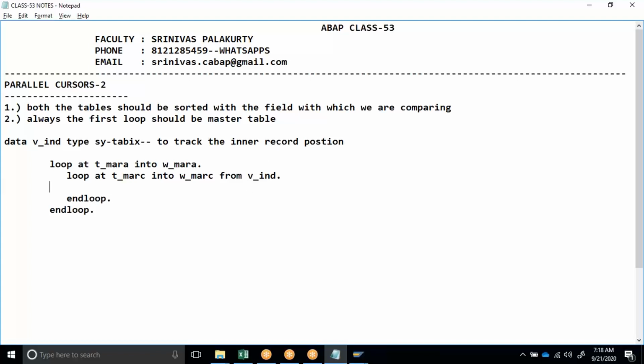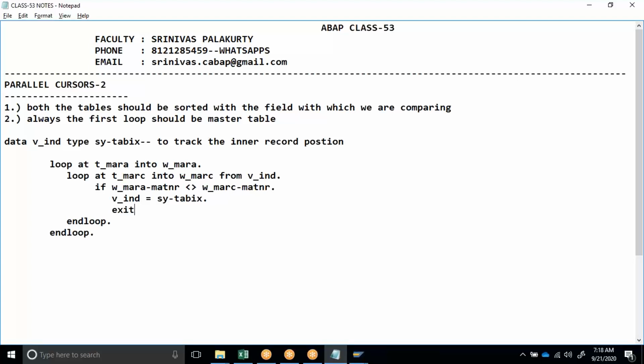Now, here we are saying if work area MARA MATNR is not equal to work area MARC MATNR, come out of it. Before coming out, track the index: v_index equals sy-tabix. Exit.